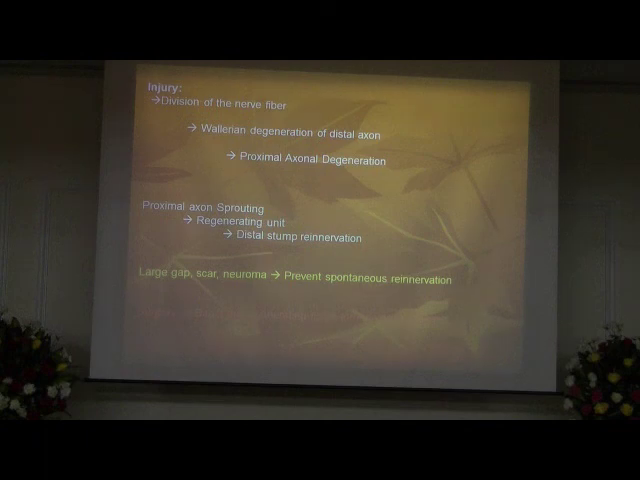So, what happens during nerve injury? There will be a division of the nerve, Wallerian degeneration of the distal end, and there will be also degeneration of the proximal axon. Now, why is this important to understand? This is why in non-clean, non-sharp injuries, we wait for some time before intervening, because we would like to allow some time for this,